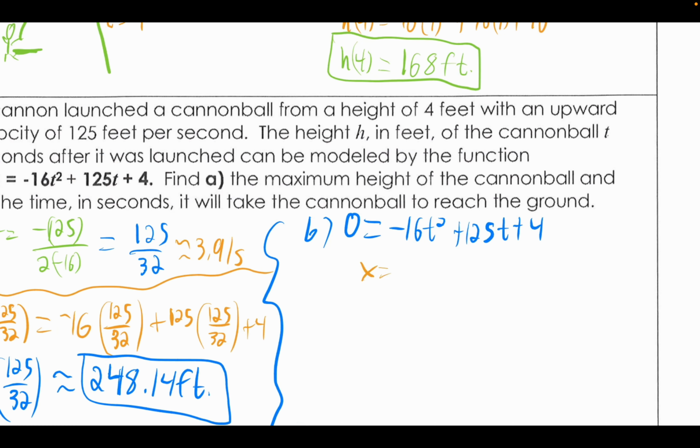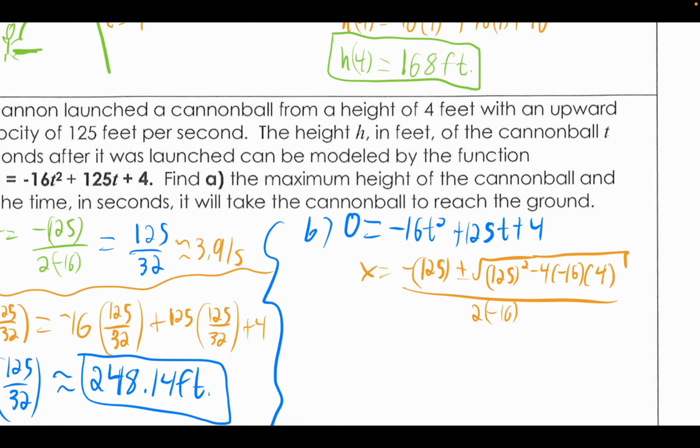So x equals negative of 125 plus or minus the square root of 125 squared minus 4 times negative 16 times 4 all over 2 times negative 16. And this would be negative 125 plus or minus the square root of 15,881 all over negative 32,